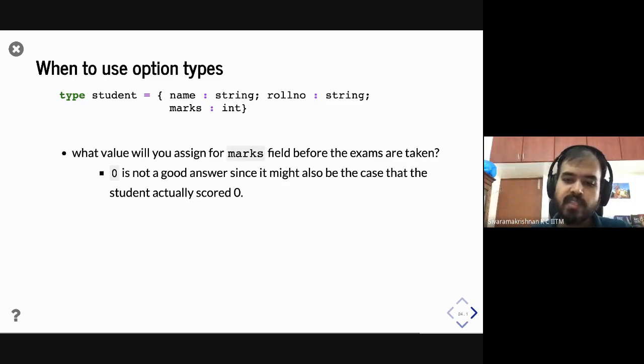I fill the database with the values at the beginning of the semester, when the exam has not happened. But what is a good default value for marks? The marks is an integer. Of course, 0 is not a good answer because the student may score 0 or be absent for the exam, so you don't want to fill in 0. You can use -1, but that breaks the invariant. When you conduct an exam, you say the marks can be anywhere from 0 to 100, but -1 is